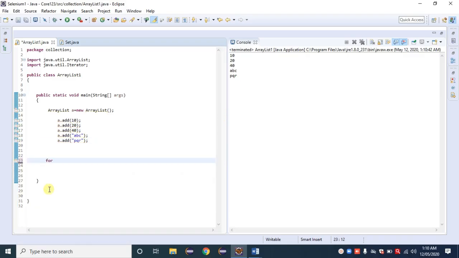For loop here, object index, I am giving the name here as a D, S2 A, and print that index here.